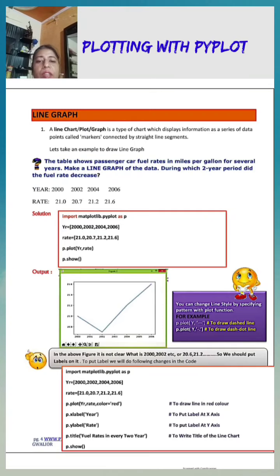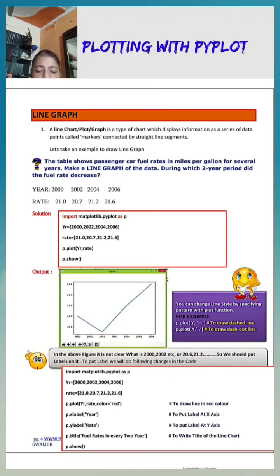It means the output which you are getting is not satisfactory because labeling is not there. We need to customize this plot as per our requirements. Clear? We will study all these things later as we proceed. Clear? Next, in the next box you can see we have tried to customize some of the things like year, rate